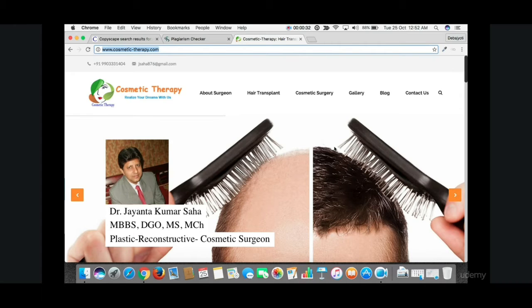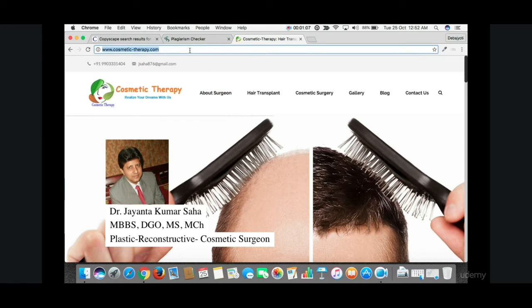One is called the Copyscape Plagiarism Checker tool. You can check it for a web page that has already been uploaded on your website and is live. So you just copy the URL and paste it in the Copyscape URL bar, and Copyscape will show you the results, the common results for different websites, different web pages. From that you can get the data: what's the percentage of the content that has been copied?